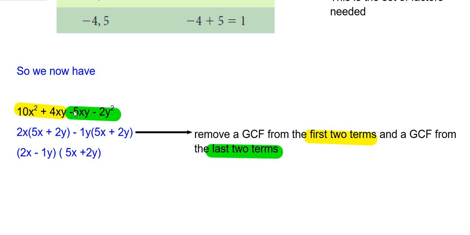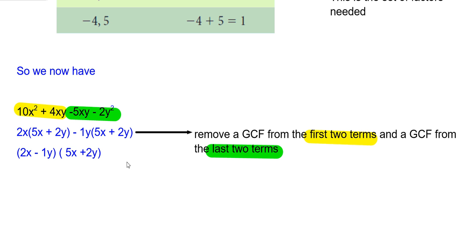My GCF in my second 2 terms is going to be negative 1y. I chose to pull out a negative 1y because I need to have a positive 2y, and in order to do that, I have to take out a negative. So I'm left with negative y times 5x plus 2y. Now these 2 brackets are the same, so I can bring them down, write it as 5x plus 2y, and what I'm left with is a 2x and a negative 1y. Those are going to go in a set of brackets together to give me an answer of 2x minus 1y